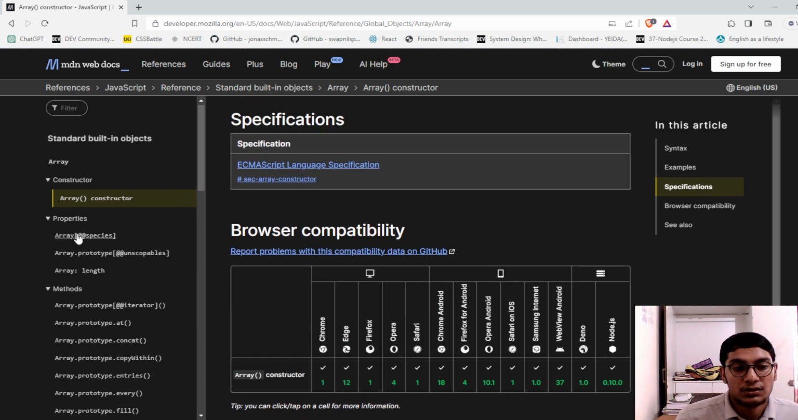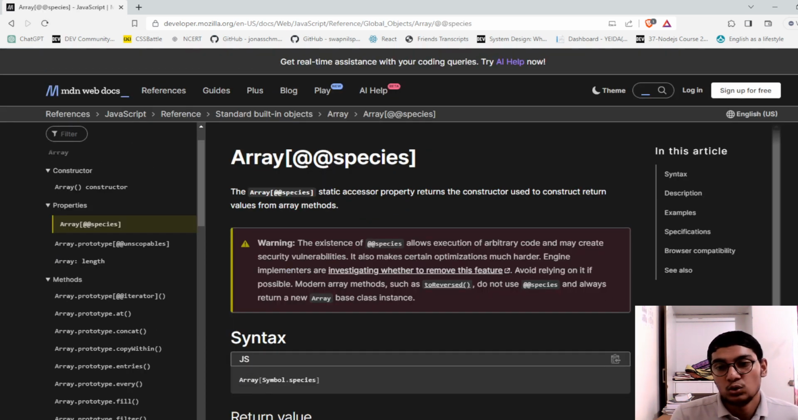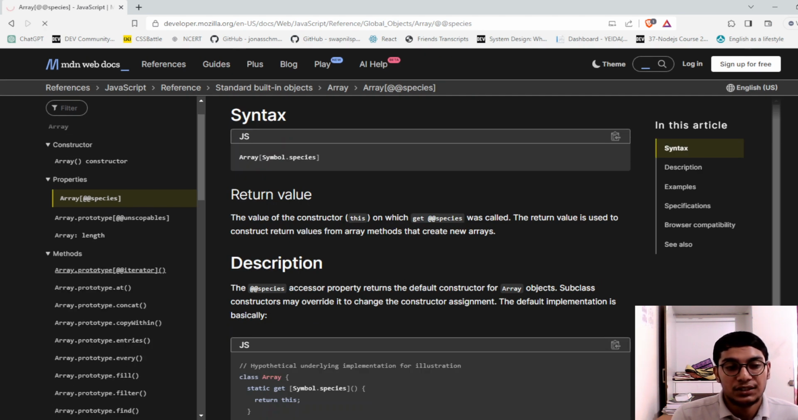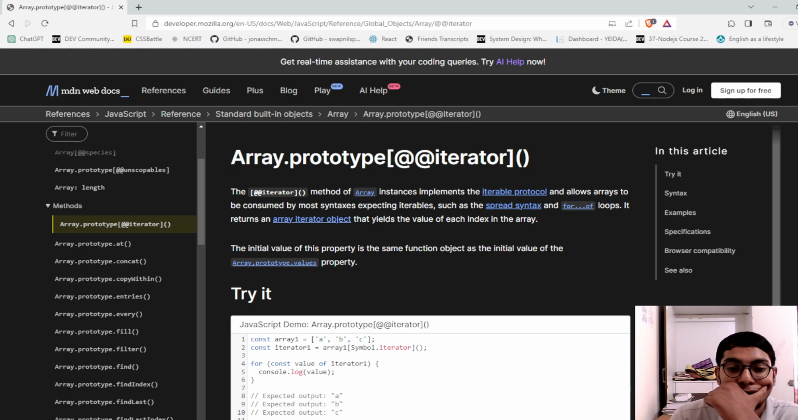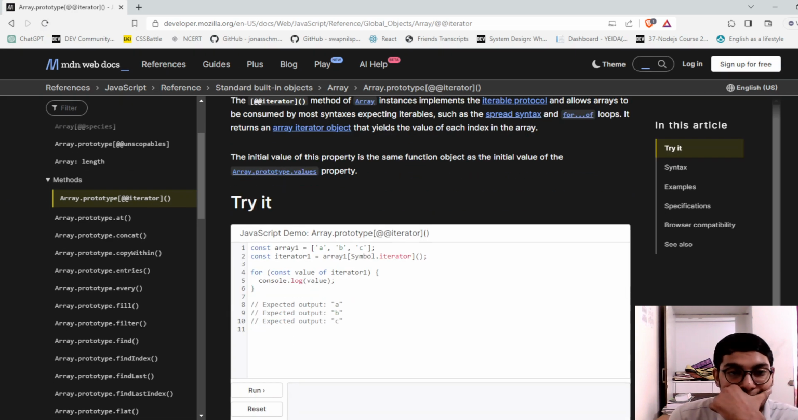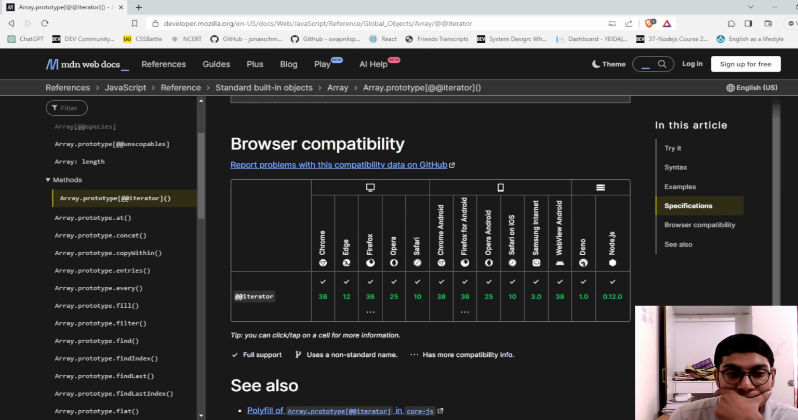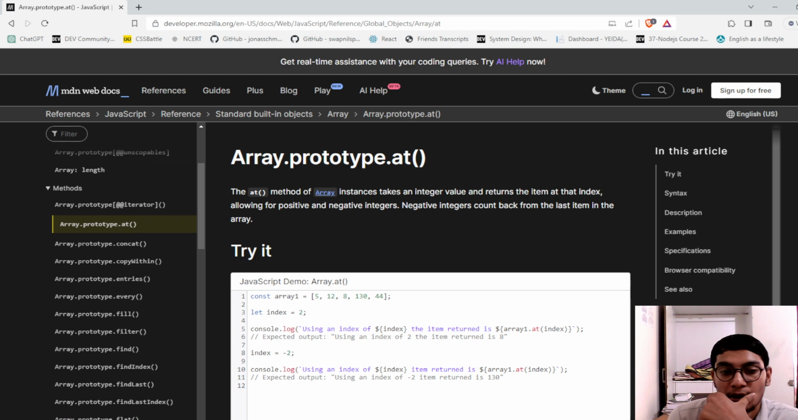Properties. There are properties you can use, like the iterator, prototype, iterate, concat. Let's cover the at method. The array instance at method takes an integer value and returns the item at that